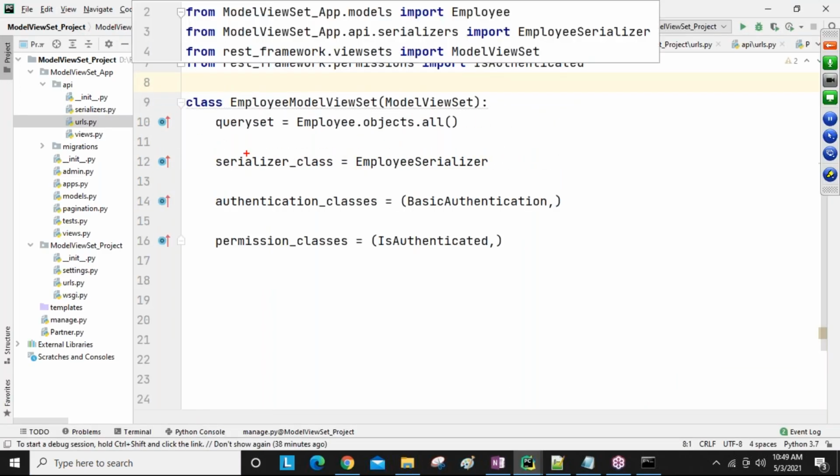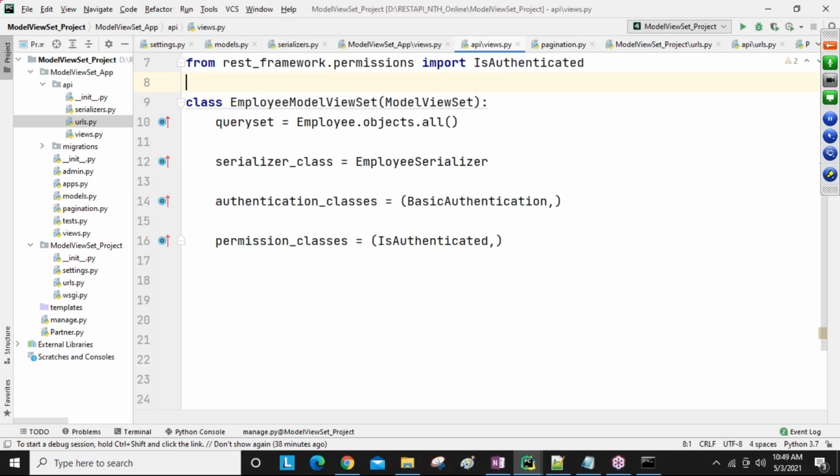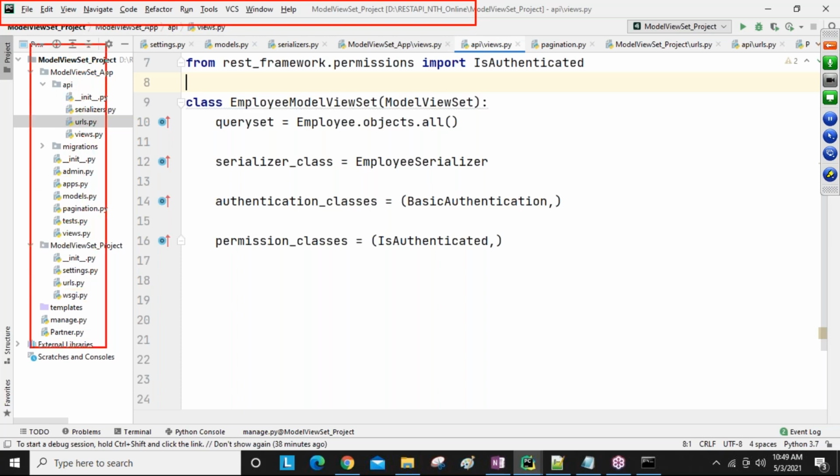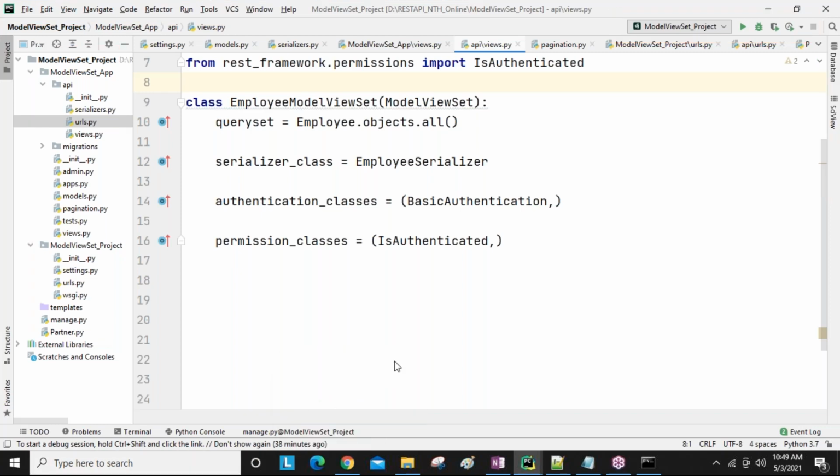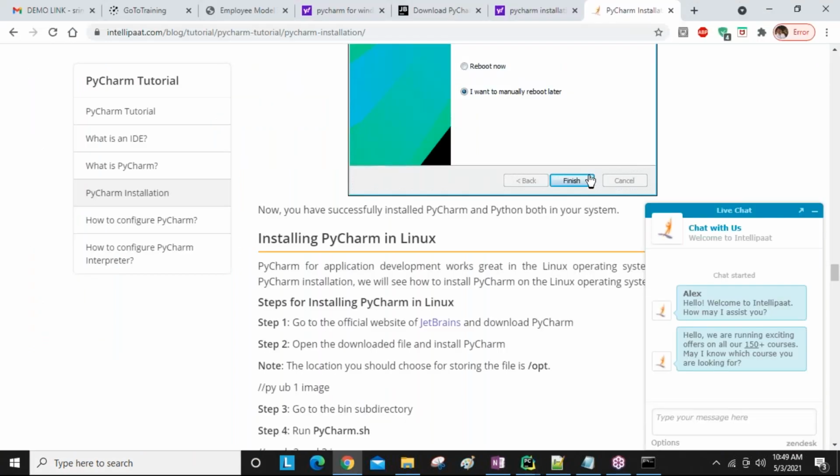Forget about code for now. There are so many menus here, so many sections, and because of all these things we get many advantages while developing our application. Clear? Just download and install, that is your responsibility.